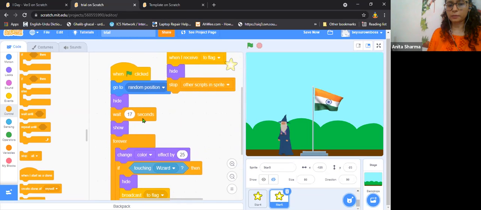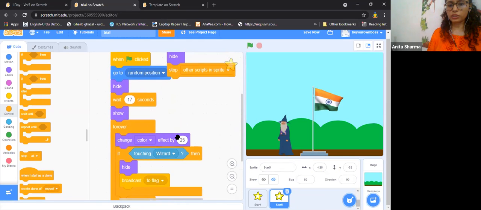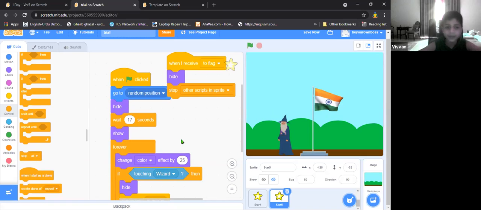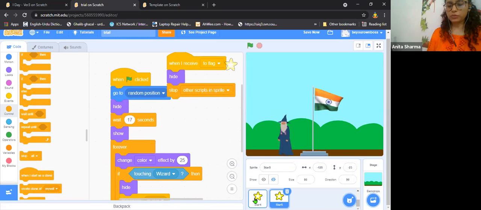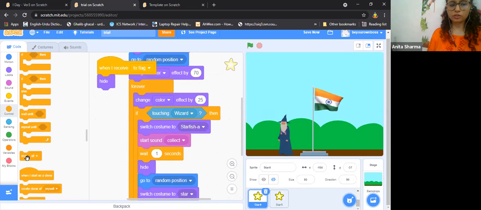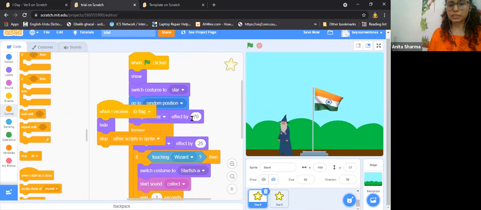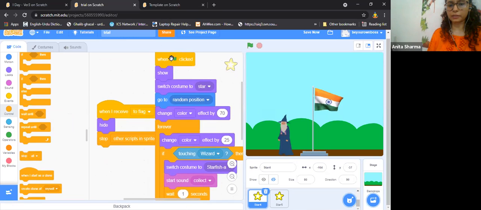So what will happen? This script will be stopped. This star won't be doing anything else. The same thing we are going to use with the rest of the stars: stop other scripts in sprite. When you click on this drop down button, you will get this option, other scripts. We want to stop only the other script which is running parallelly.